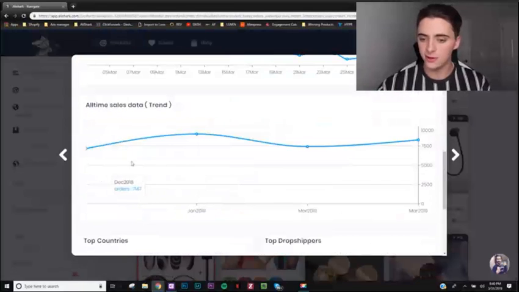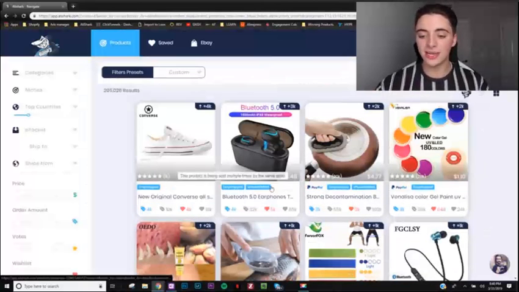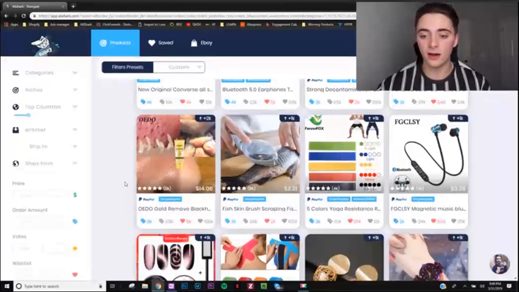And so this one, oh my gosh, this one is actually really steady as well. Those are actually really steady products. That's awesome. And so you could go in here and look at any of these products and just look for one that you think you can market very, very well. You don't want to look at these and just think, okay, it's selling well. Make sure it's on the rise or steady, and make sure it's not dying, because if it's dying, you do not want to jump into it. Yes, like I said, it may be selling on a day-to-day basis, but if it's dying, then it's not something you want to invest in. So guys,